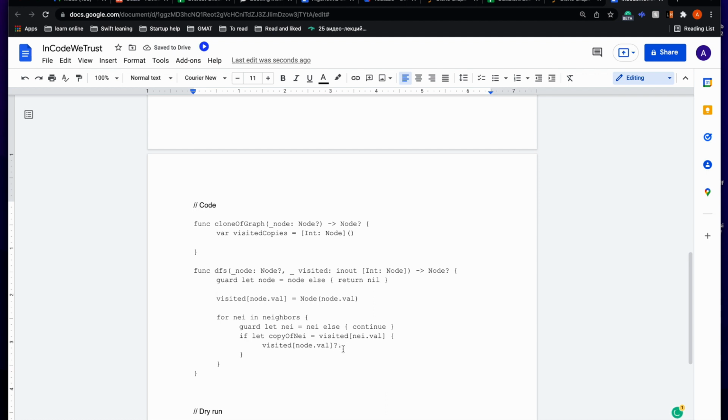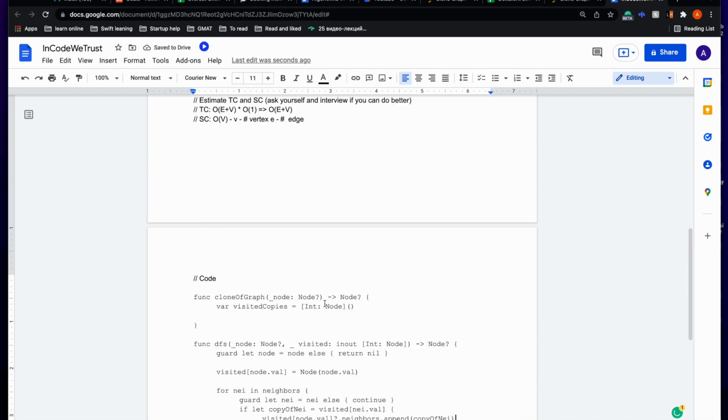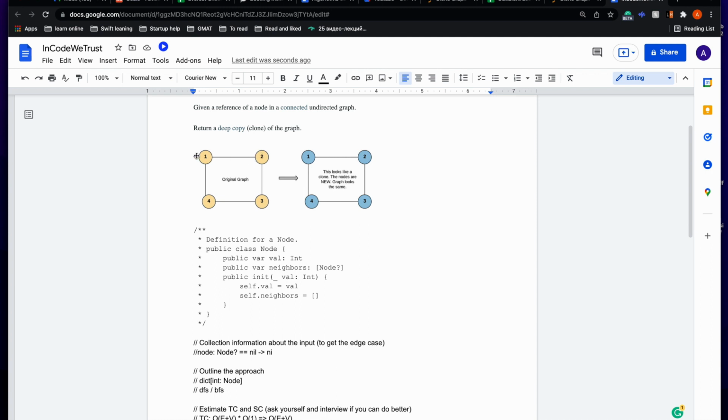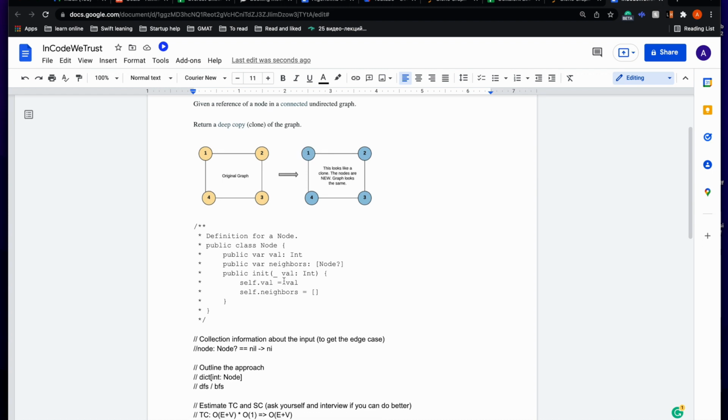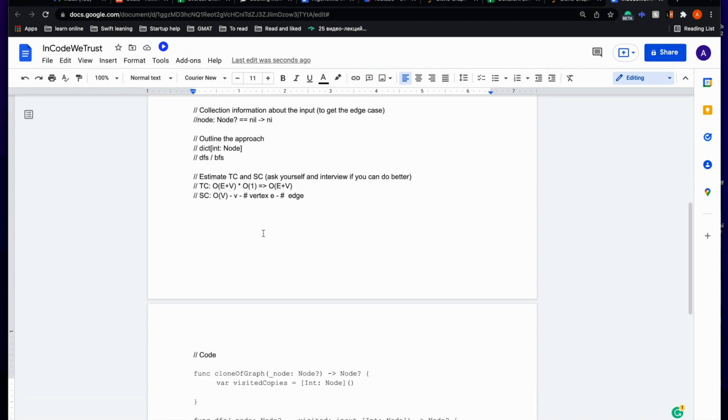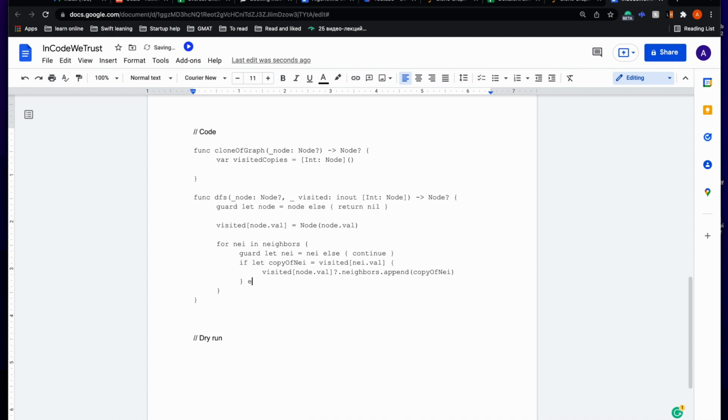So I'm going to use optional chaining here, access its neighbors array and append that copy we just got from our visited to that array. So now we have created this connection, let's say between 2 and 1. We created a connection between the copy of 2 and the copy of 1, because we accessed 1 through our dictionary, right? And the second case is else